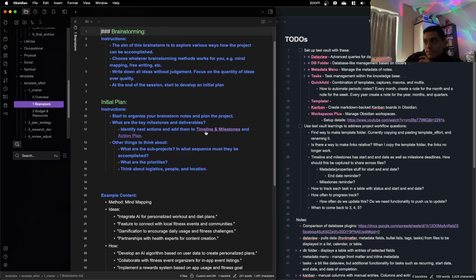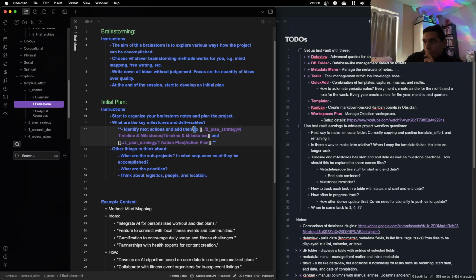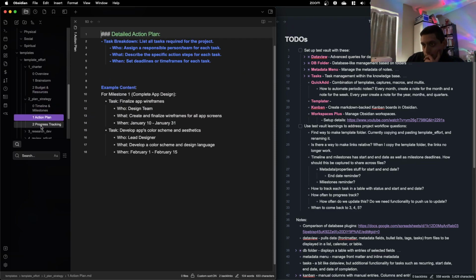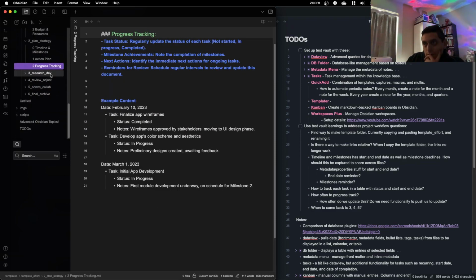Brainstorm. Yeah, so you can see that's the name of the file, and then that's a relative path to that file. So going up a level, and then in that folder, there's a timeline and milestones. Didn't I have it somewhere?